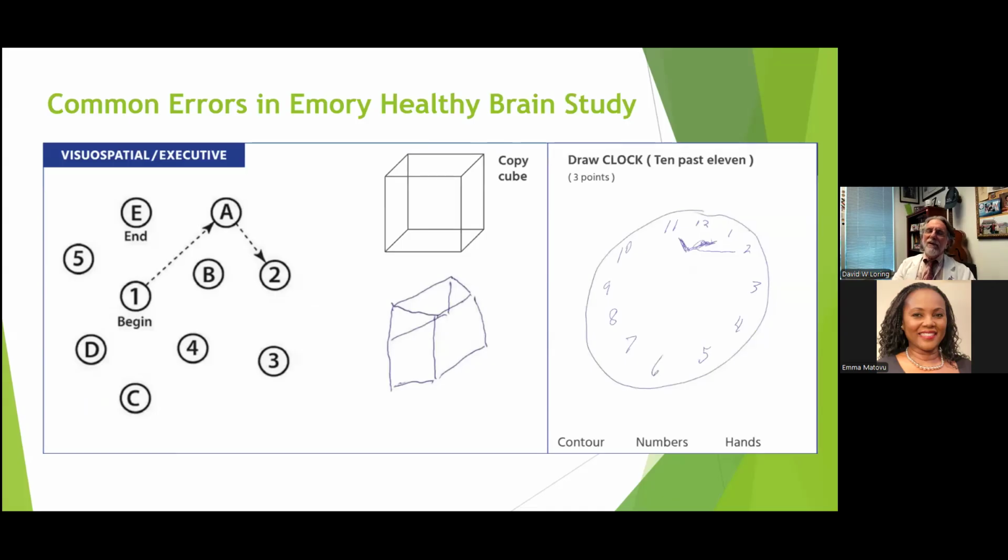So let's take a look at some of the real world data. The figures I'm going to be showing you today are from Dr. Law's Emory Healthy Brain Study. As I think many of the people on the call today know, this is really trying to predict which patients who are cognitively normal at the time of enrollment into the study, if we're able to predict who may transition and develop Alzheimer's disease down the road. So examples that I'm showing you are all healthy controls. They're self-identified as normal. They're not referred for any particular cognitive assessment.